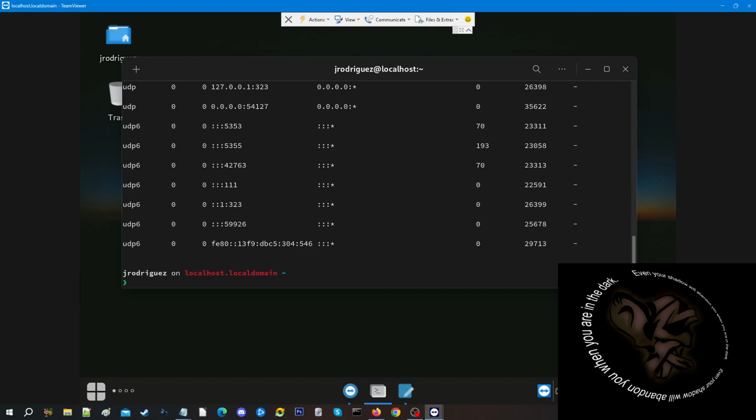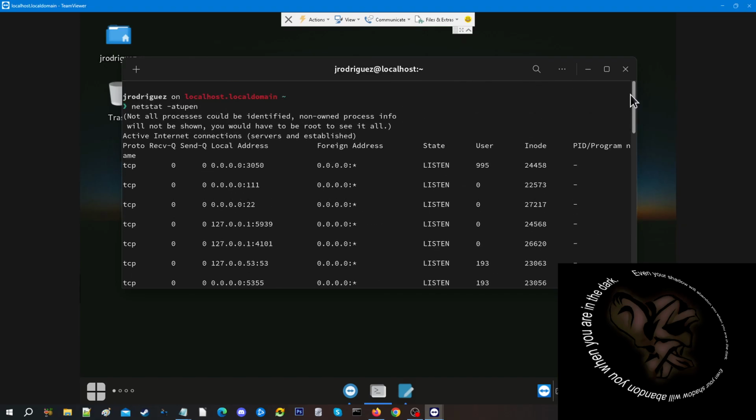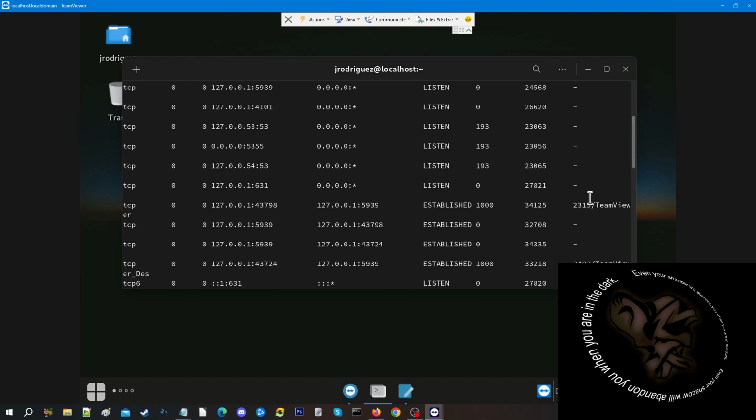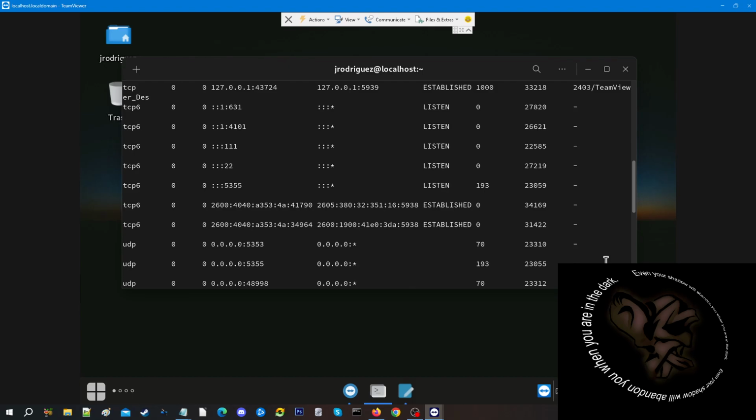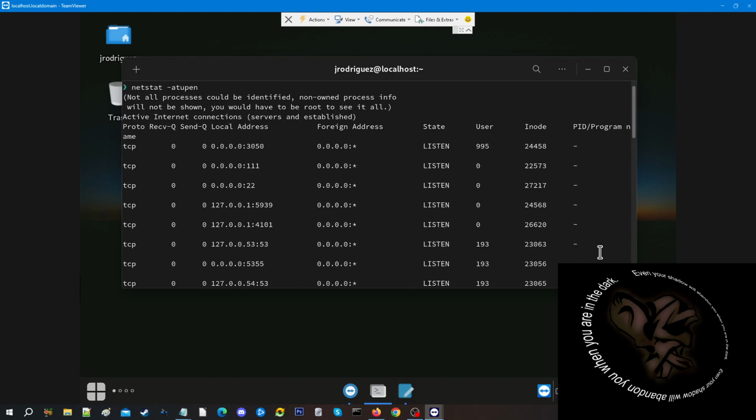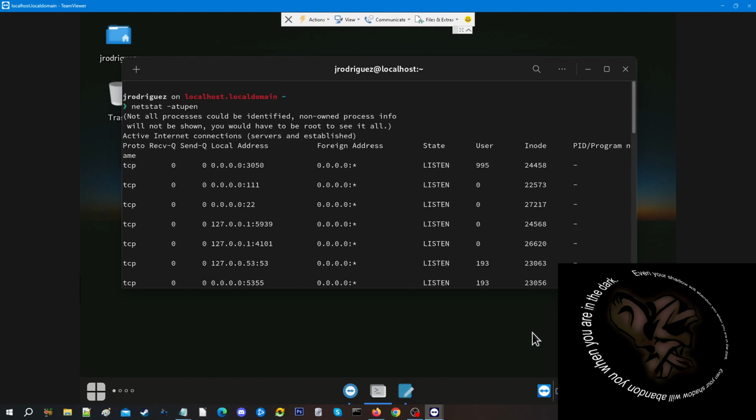UDP6, UDP. Let's go all the way to the top so we can see what these are supposed to be. Program IDs, you see, we actually do have a couple of program IDs because I am using TeamViewer, so there's the ID and the identification of the program. If I was going to run something else, let's say,